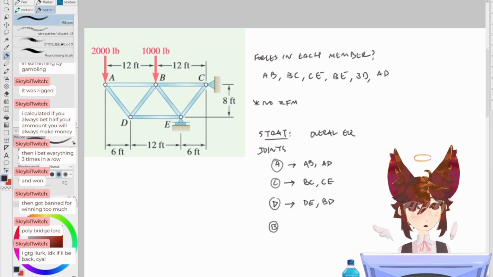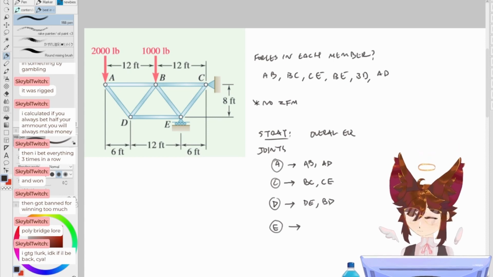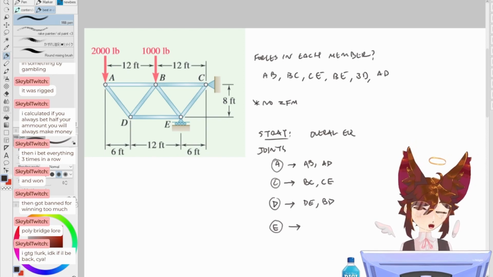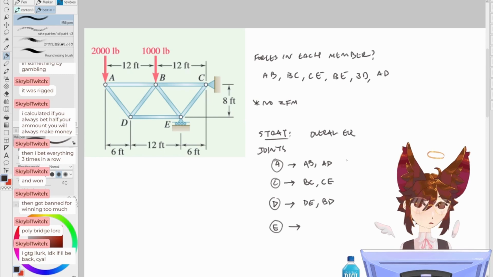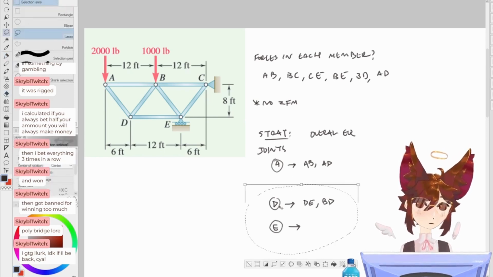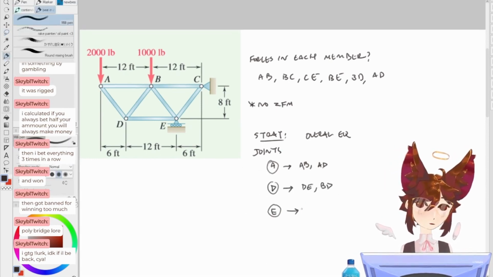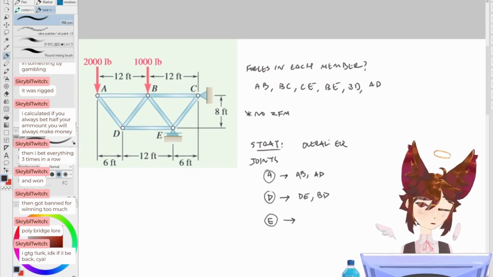And then if we do B, we can get... I mean, I don't really want to do B. I'd rather just do E. And that'll give us... Can I do this without overall equilibrium? Maybe is the better question. Well, let's get rid of doing C right now. If I just went straight to doing D, I can get the things out of D. And then I can get the stuff... No, I can't get the stuff out of E, because I need its overall equilibrium, I think.